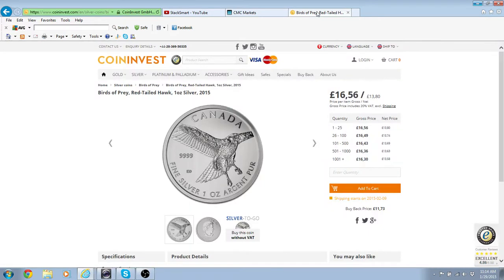Really excited about this particular coin at the moment. It's not a pick yet, it's available on the 9th of Feb, but it's coin 3 in the Birds of Prey series from the Royal Canadian Mint. Now these do suffer a bit from milk spots, but I really like the design of this new coin. It looks like the release is going to be the 9th of February,